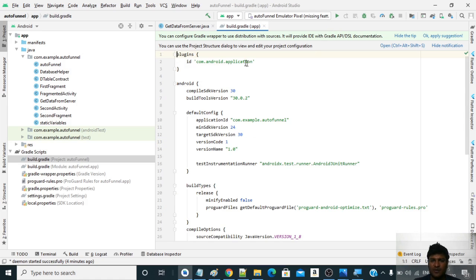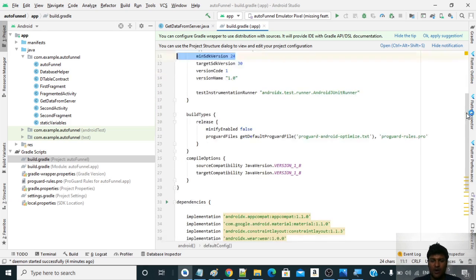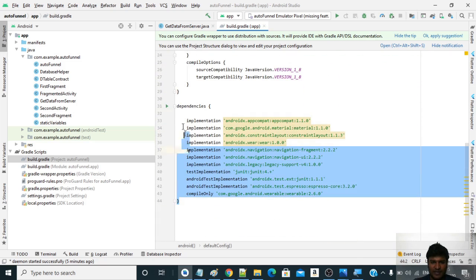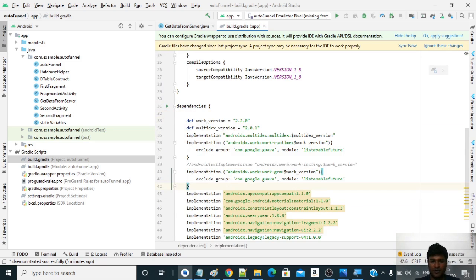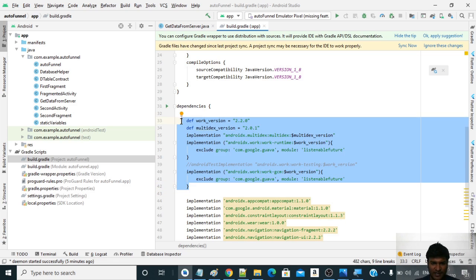So most of the changes will be in the module level, where you can see which SDK version this is compiled on, which minimum Android API level this is performing on, then your application ID. In a similar way, you have a section which is dependencies. Down here you can see dependencies, and this is where you can type in your dependencies. As you can see, the dependencies from line 33 till 42,